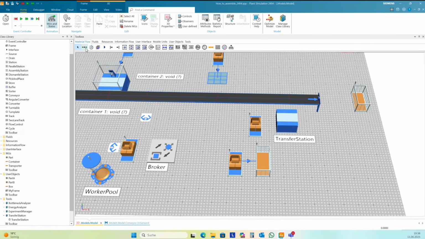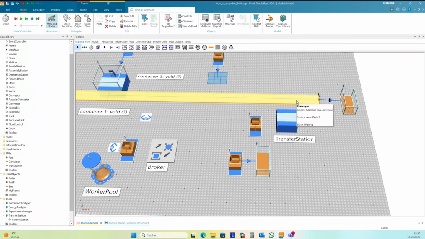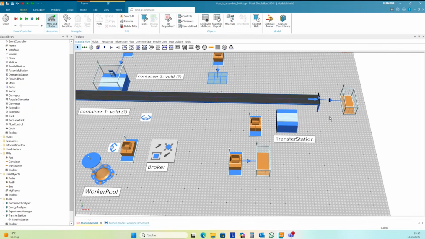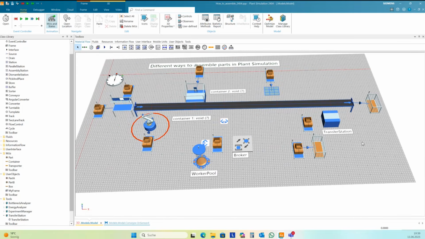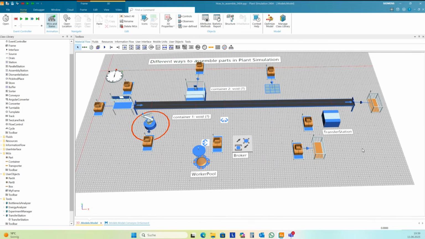There are some other ways to assemble in Plant Simulation. You can use the portal crane, for instance, to load transporter. It's not unusual to do this. You can also use the gantry crane to assemble something. You only need to define the object you need as a destination for the transport. And so there are other ways, but I guess these are the basic strategies to assemble. Okay, that's all. Any questions?